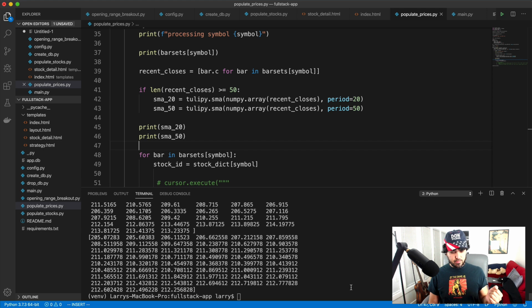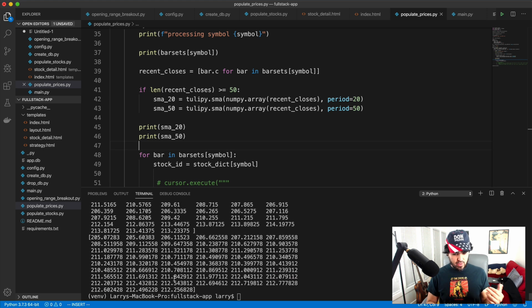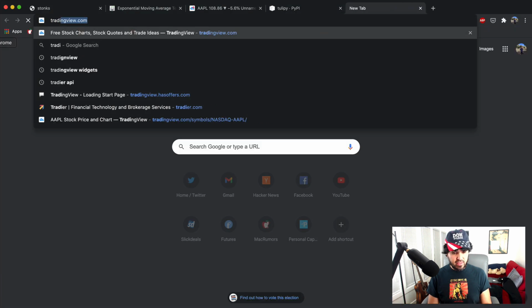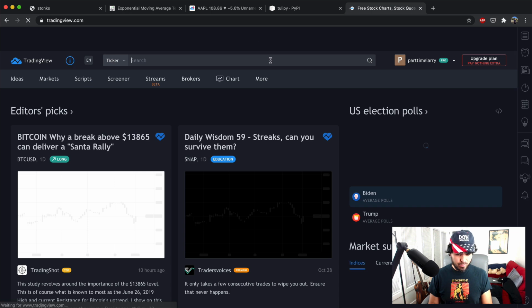Okay, so I run this, and look at this. We have two arrays here, and this is a moving average, so we'll see a series of values. This first NumPy array looks like the 20-day moving average. The current 20-day moving average is probably this last number, and then the current 50-day moving average would be this last number here. And just to verify that, we can look in TradingView or whatever your charting platform is of